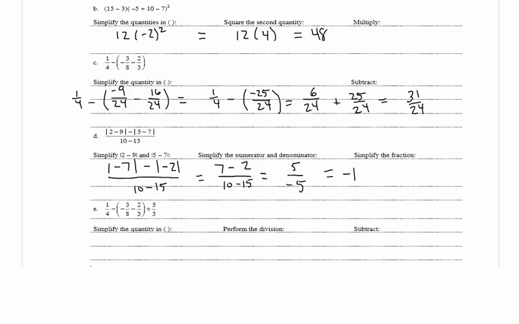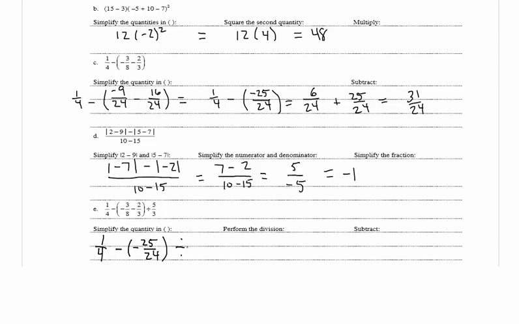In E, we have 1/4 minus negative 3/8 minus 2/3 divided by 5/3. And they want us to simplify the quantity in the parentheses. And the quantity in the parentheses is the same quantity that was in the parentheses from part C. So we know inside the parentheses we have negative 25 over 24. So we're going to have 1/4 minus negative 25 over 24